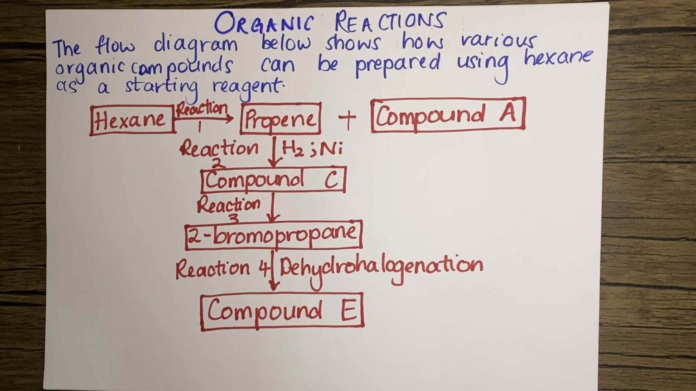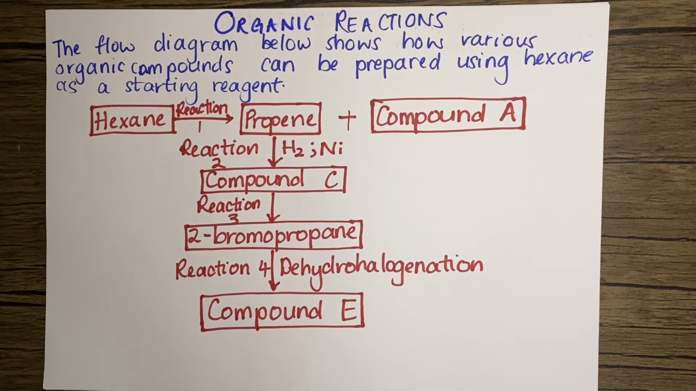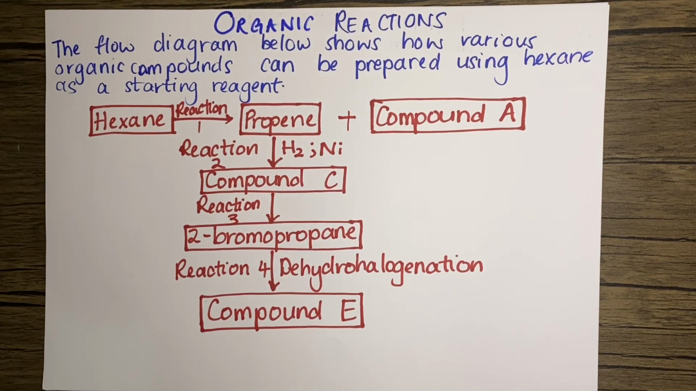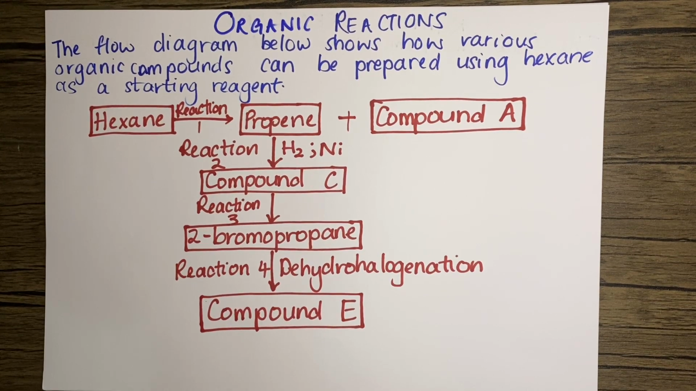Today I'm going to be looking at how you can approach an organic reactions question. Usually it's structured in the form of a flow diagram. So I'm going to show you how you can approach it in order for you to master this topic fully in the exam, right? So it says the diagram below shows how various organic compounds can be prepared using hexane